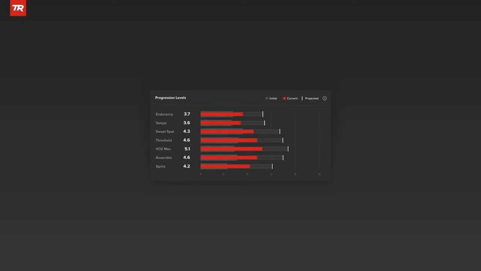And then one of the things that we're looking at is, we know there are individual variations, not only in your physiology as an individual, but also in your training history, right? So Pete and I are really good examples of some contrasting profiles in this regard. Pete could progress his top end systems like VO2, anaerobic, and sprint way faster than I can. He's going to start way ahead of me, even if he's coming off the couch.